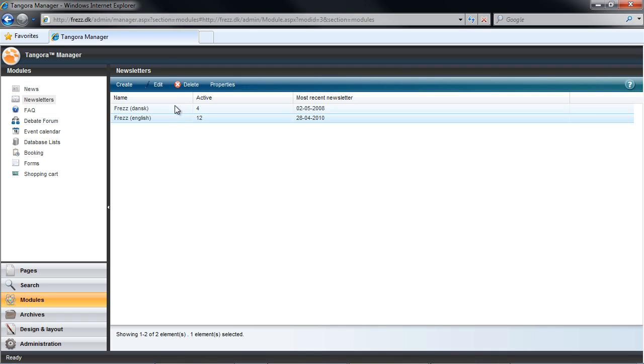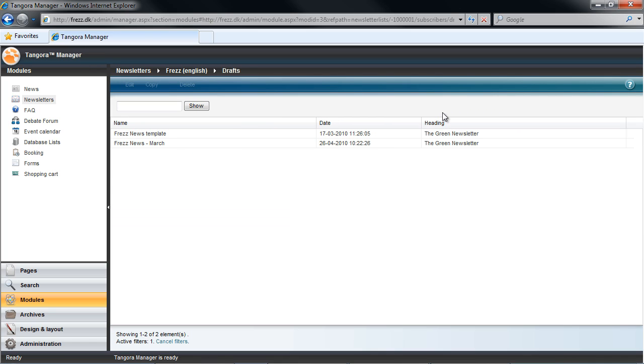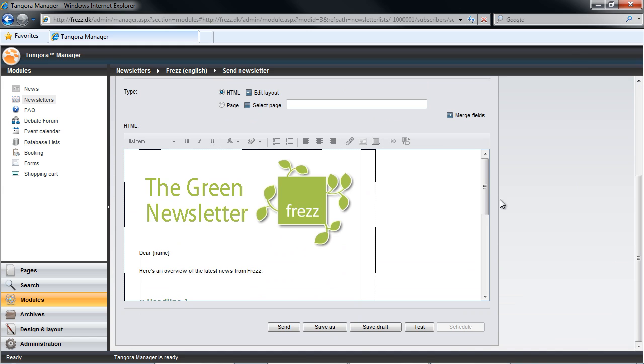So let's go into our newsletter subscribers database and go into newsletters and drafts. And here we have an overview of all the different drafts that we have available. Previously, we loaded a draft which was called Frez News March template, and we could also see there's this draft here called Frez News template. If we go in here, we can see that this is actually a generic template which has been used to